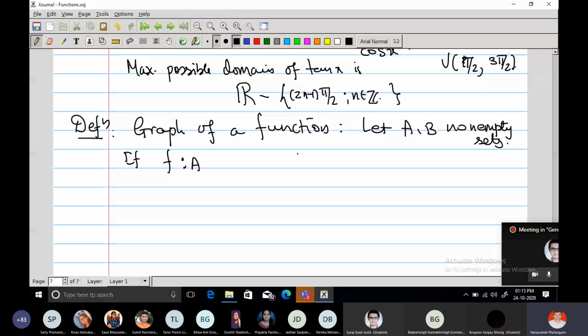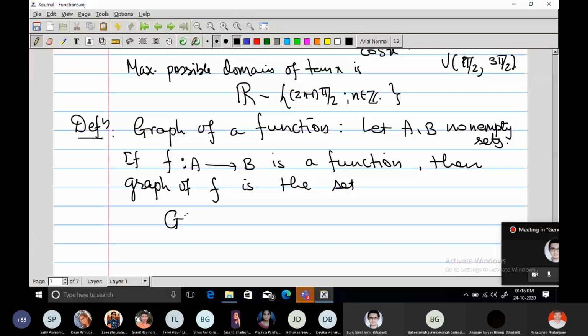Because if B is empty, then for elements in A we cannot produce any image. And if the set is empty, the function doesn't make sense because there is nothing to define. Anyway, if A and B are non-empty and f is a function, then do you remember what is the definition? Graph of f is the set